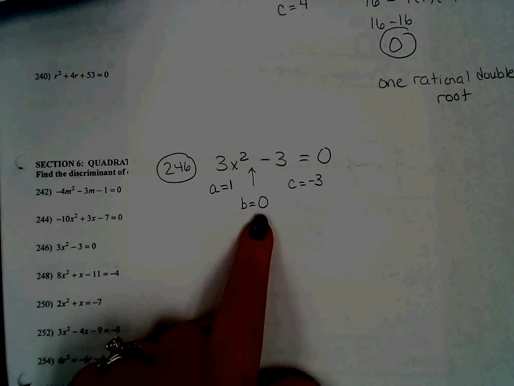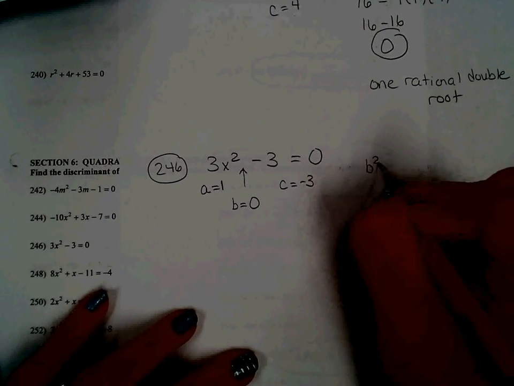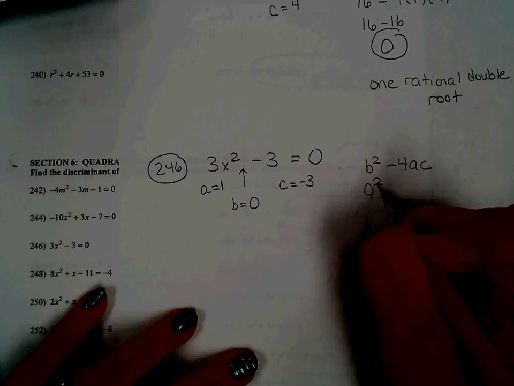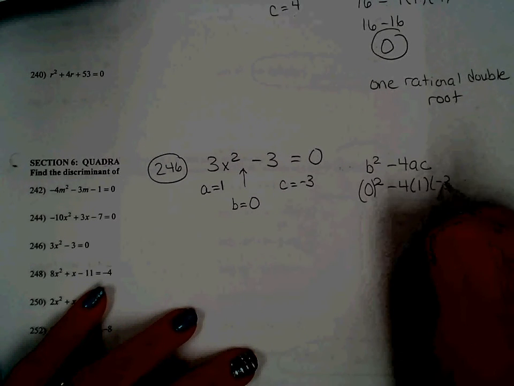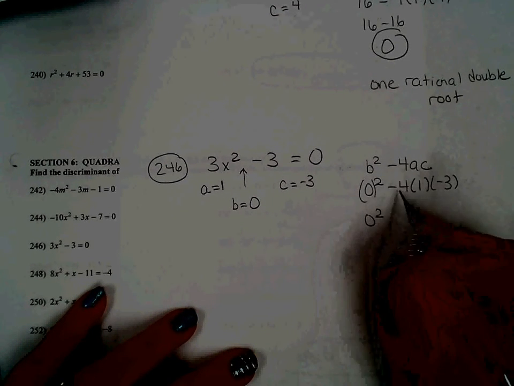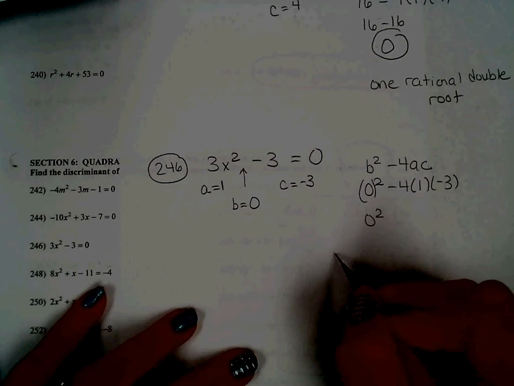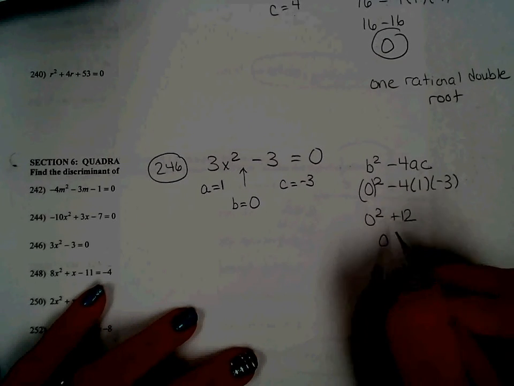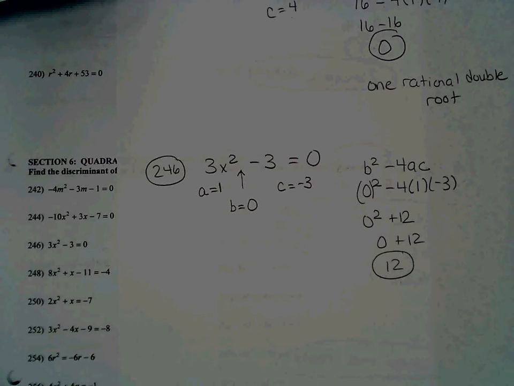It's the thing that's attached to the X, and there is no X here. So I write B squared minus 4AC. B is 0, so 0 squared minus 4 times 1 times -3. 0 squared, this becomes positive because there's two negatives. -4 times 1 is -4 times -3 is +12. 0 plus 12 is 12. So my discriminant is 12. The discriminant for 246 is,